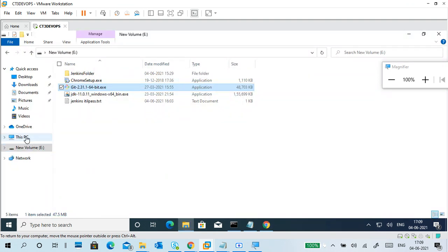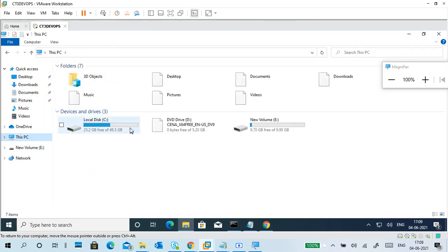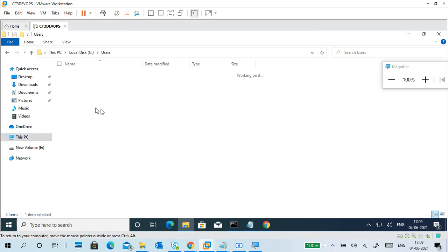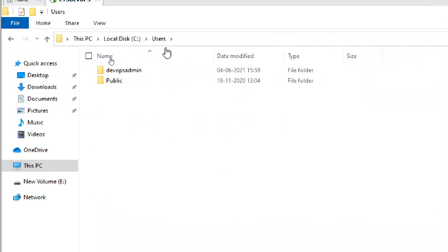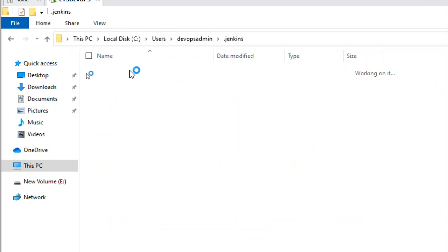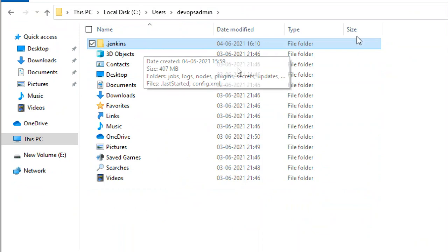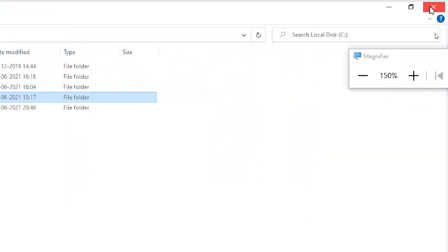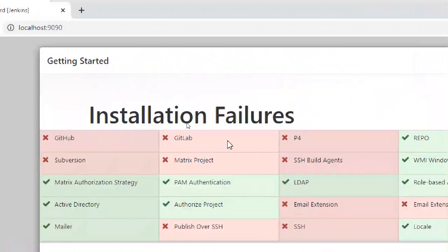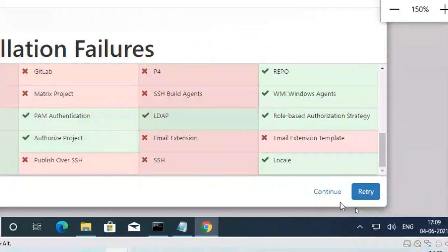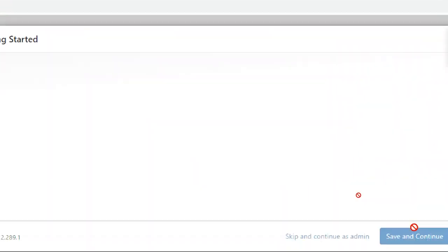If retry also does not work and it is not installing the required plugins, then go to Users, your username, and the .jenkins folder. You can see everything is stored here. You have to delete it and install from the start. Otherwise, you can continue. Currently, I'm continuing, guys.